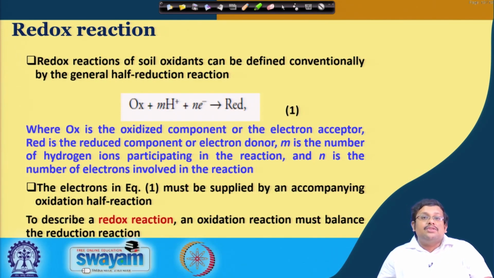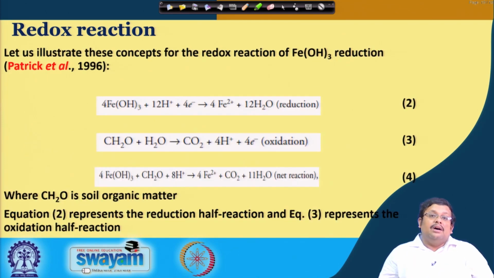Then we have seen the generalized form of the redox reaction in the soil, and then based on that they illustrated the redox reaction of Fe(OH)3 according to Patrick et al. And then we have seen how this Fe(OH)3 is first reduced to ferrous, and then how organic matter acts as a